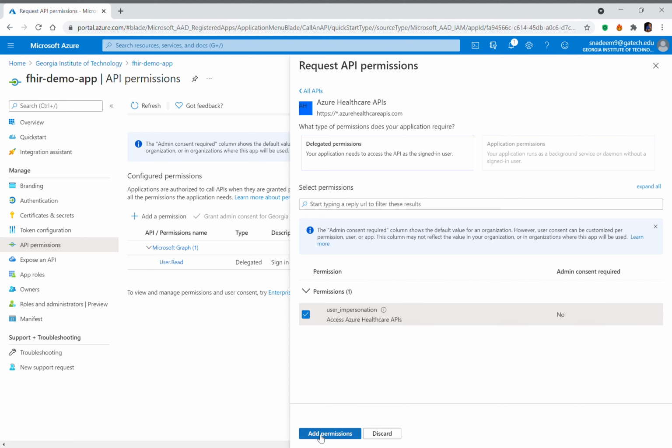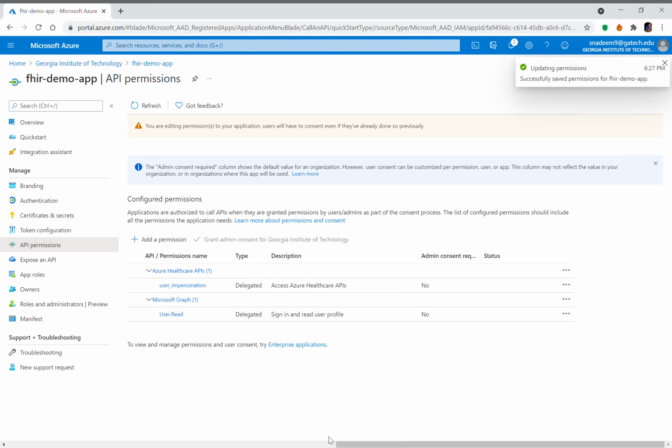All right, there it is. I don't know what was wrong there, but I wasn't getting the add permissions button activated. But yeah, we'll click on add permissions. All right, so yeah, there you see that's the permission set that we added. So we're good there. And we'll move on to the next steps, which is testing our